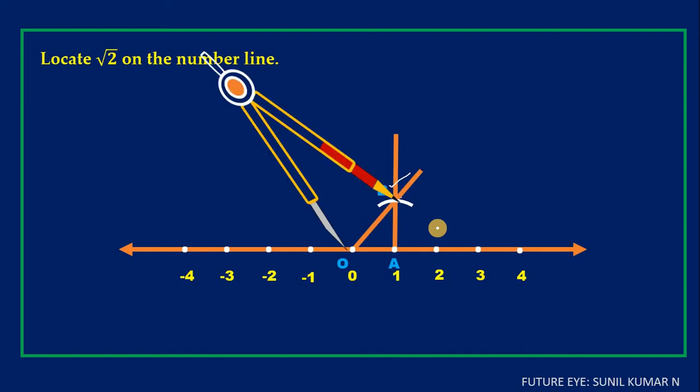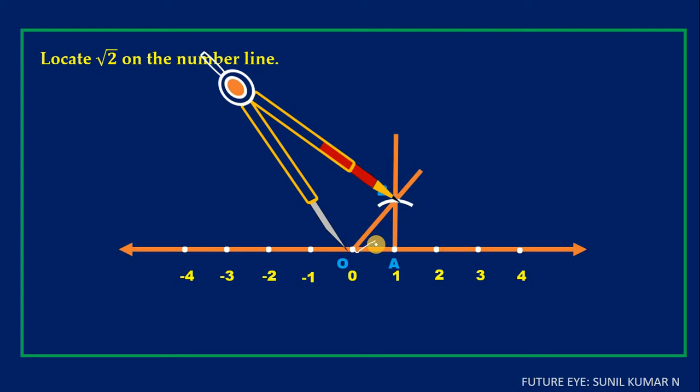Next, again take a compass and take the distance of OB. This is very important. Carefully observe and understand well. Now you are taking distance of OB, this distance. So from O to B, how much distance will be there? Take so much of distance, and this O as center, cut one arc just like this. I show you again, children.